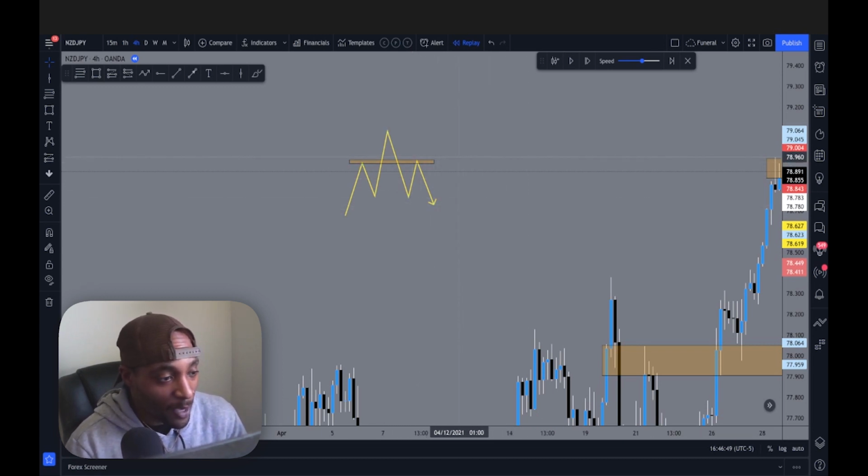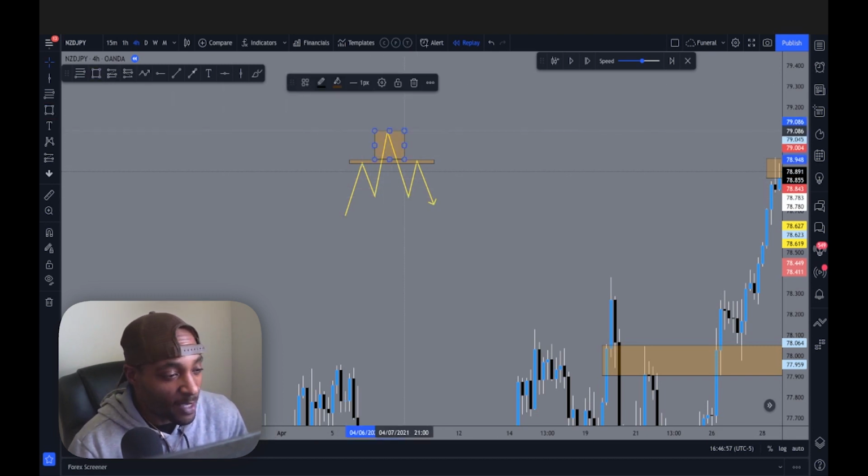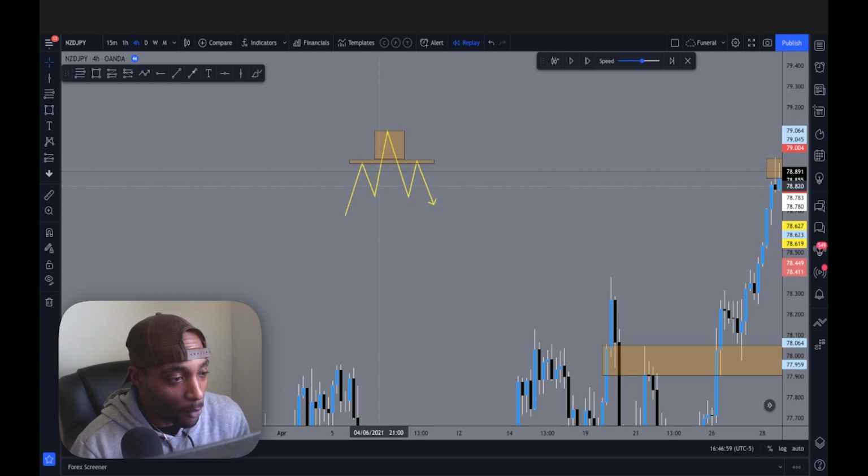So the head and shoulders pattern is essentially just a false breakout. This area right in here is a false breakout. So the market breaks above this area, closes above this area a couple times, and then on the retracement, it starts to show the retracement, which is expected because the market can't move in one direction forever. It starts to show this retracement, and then it breaks below this area